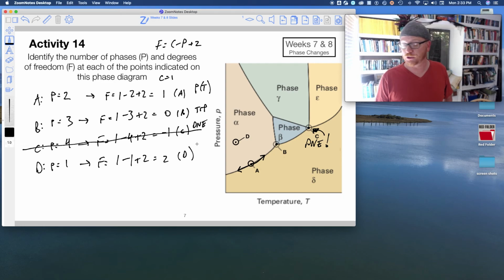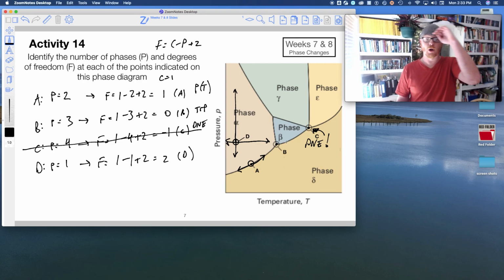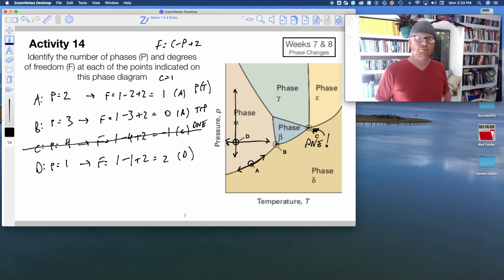Now what about point D? Point D has 2 degrees of freedom, and that means at this point I could maintain the temperature and change the pressure up or down, provided that I don't hit some boundary. Or I could maintain the pressure and change the temperature up or down as long as I don't hit one of those boundaries. So that's what all of this means with the Gibbs phase rule. And as it turns out, this holds even in really complicated phase diagrams. So I'm going to move past that, and I'm going to do more